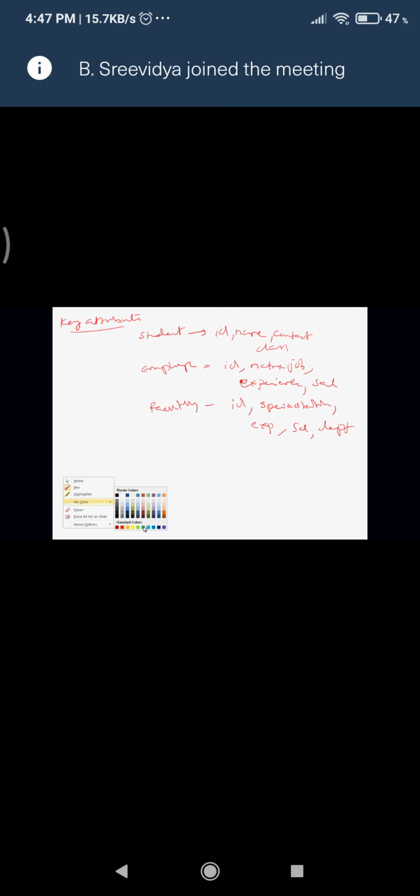See, if I go with a student, I'll change the color so that you will understand things. Now I'll take the student. So name. With this name, I can have more than one person. Like Sumna is there. Sumna can exist in our class, meaning with this name there are two Sumnas, three Sumnas, or four Sumnas. Then how will I make it a key attribute? So name cannot be a key attribute. Why?